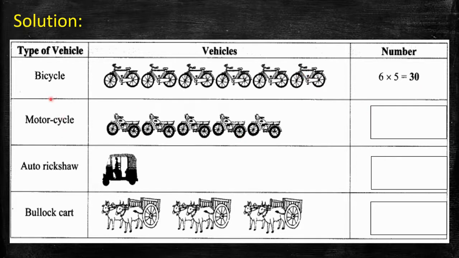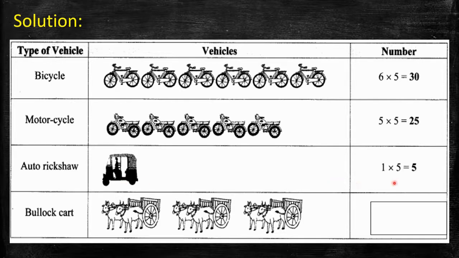Now motorcycles, there are 5 motorcycles. So 5 multiplied by 5, the number is 25. Now you can see only one auto rickshaw is there. So 5 multiplied by 1 is equal to 5. And 3 bullock carts are there. So 5 multiplied by 3 is equal to 15. So students,